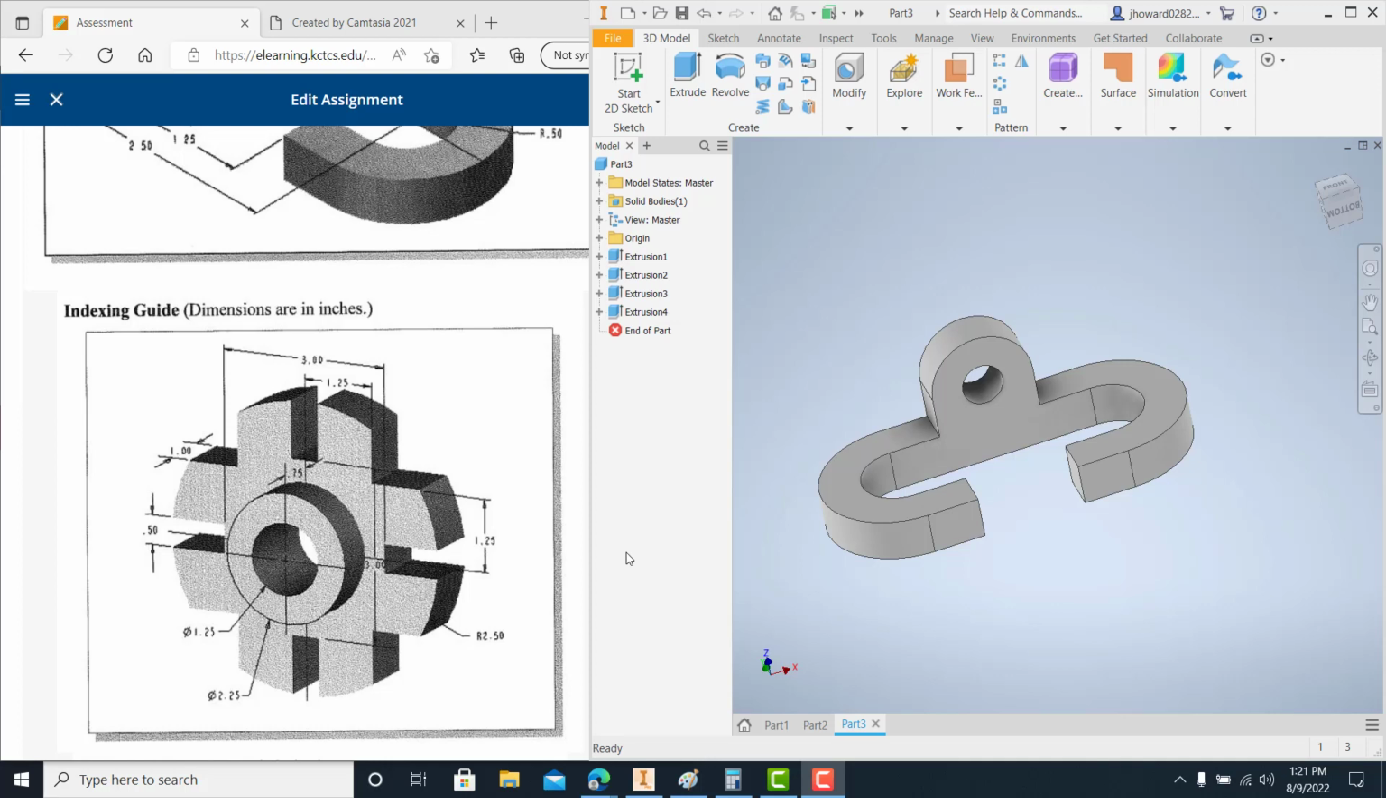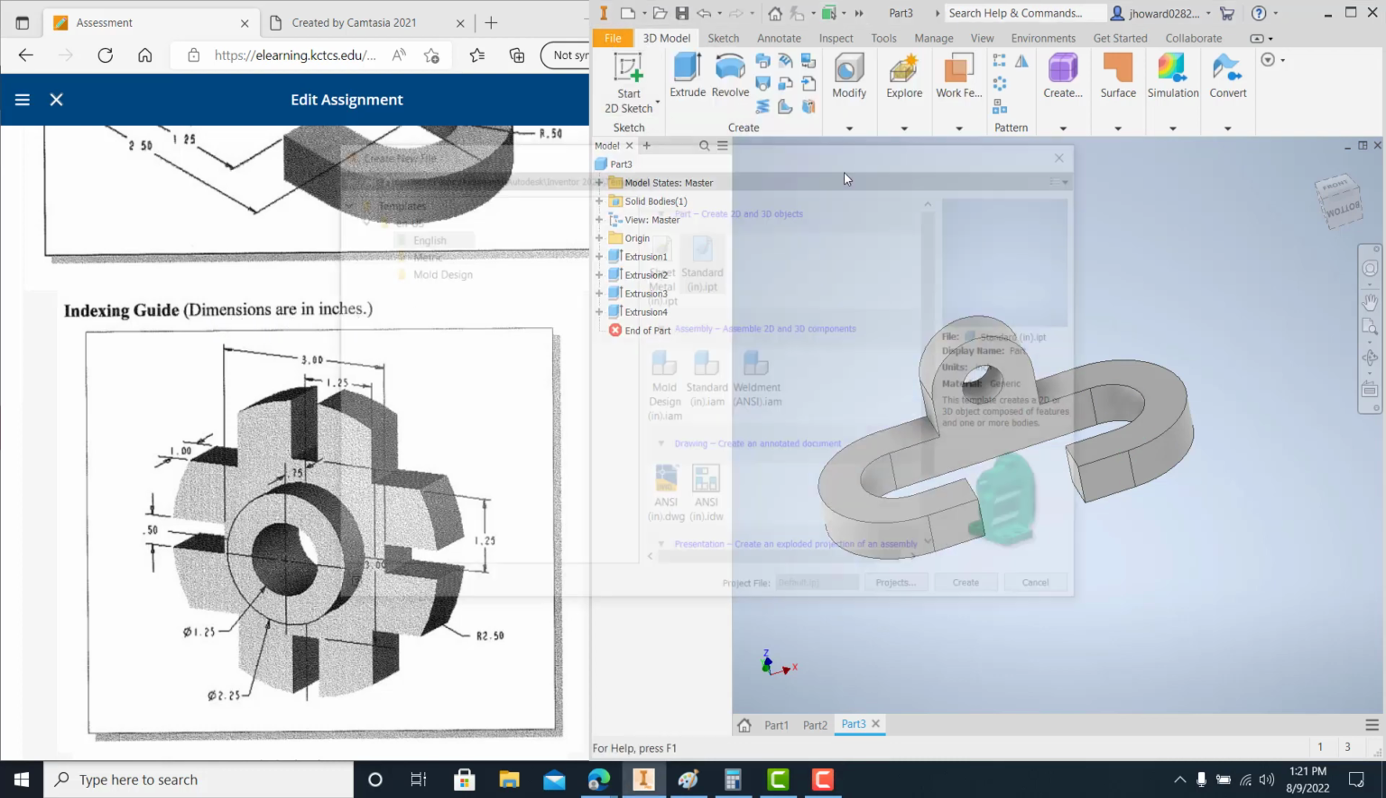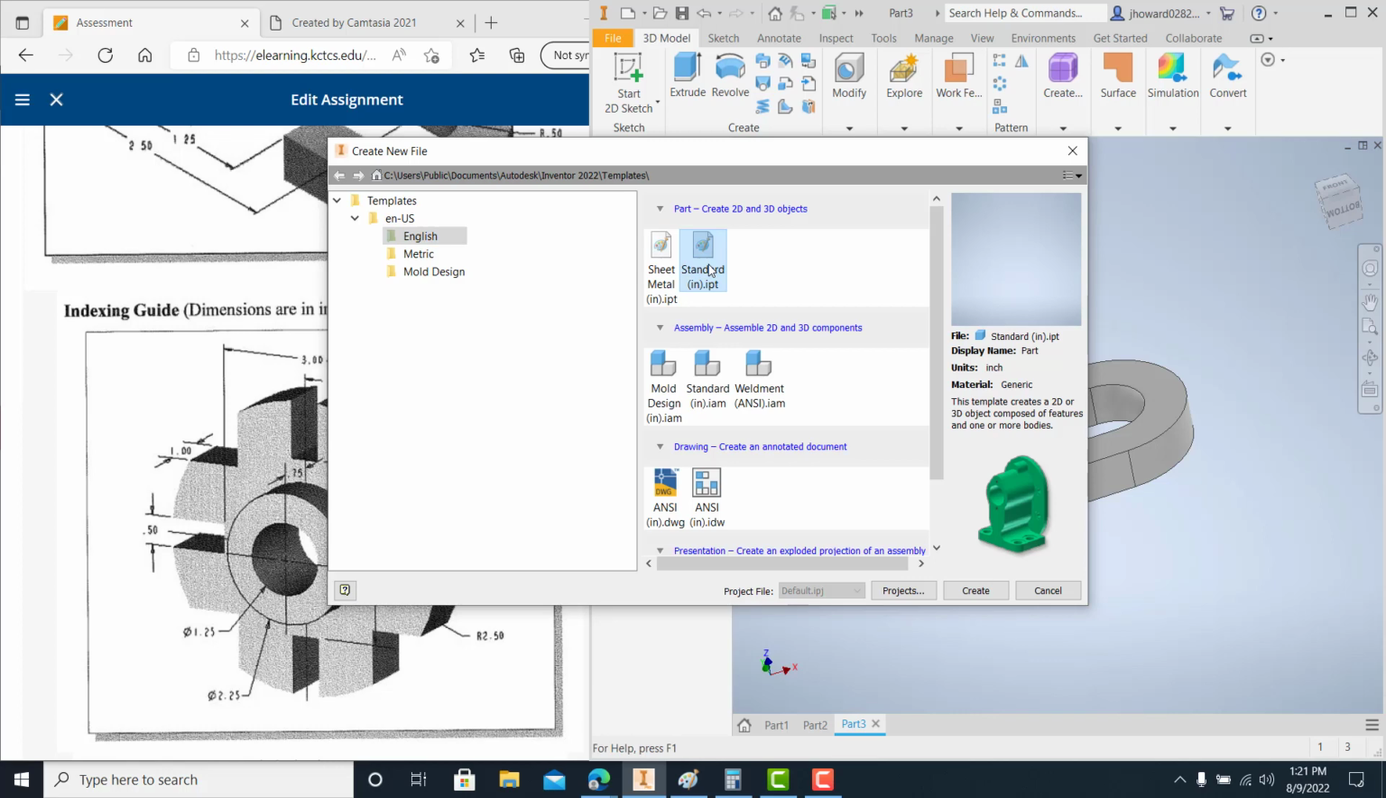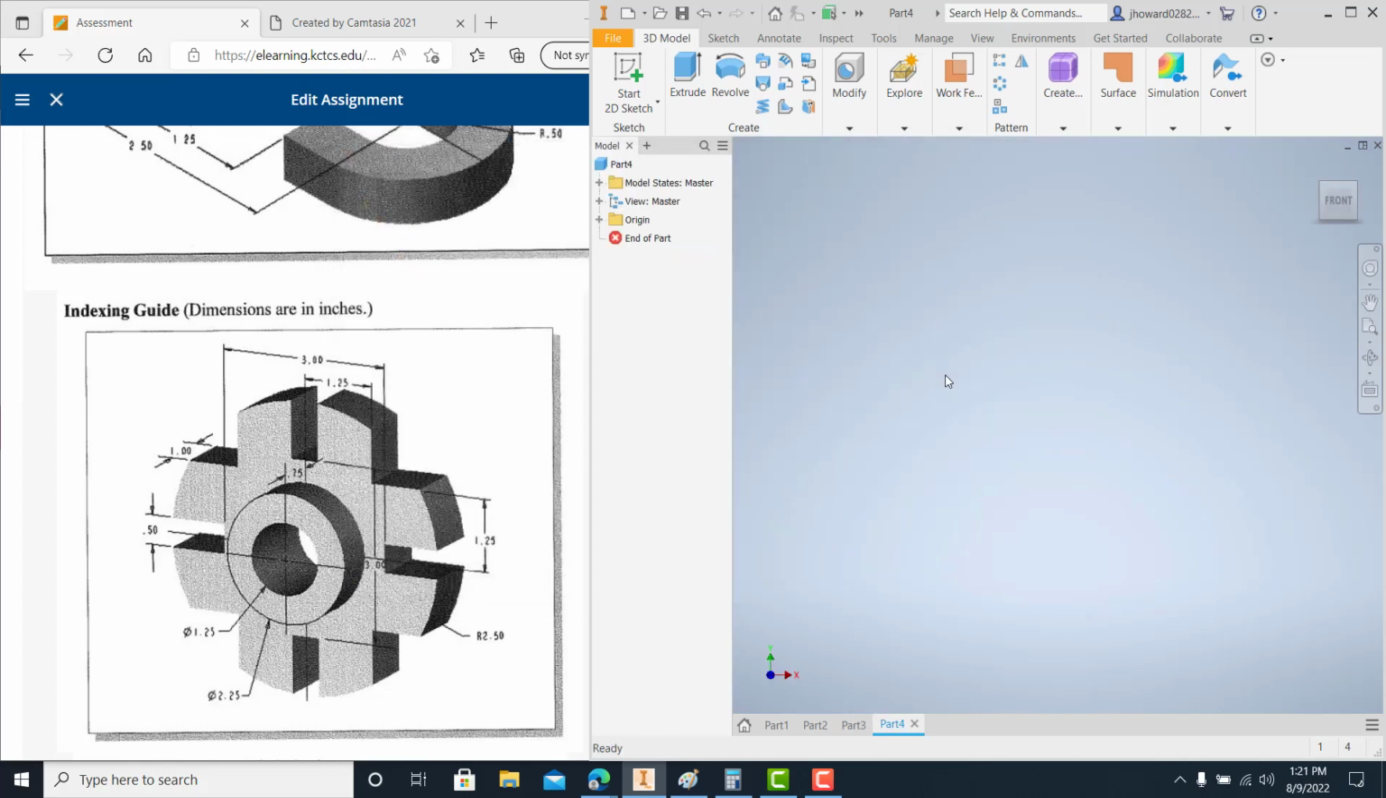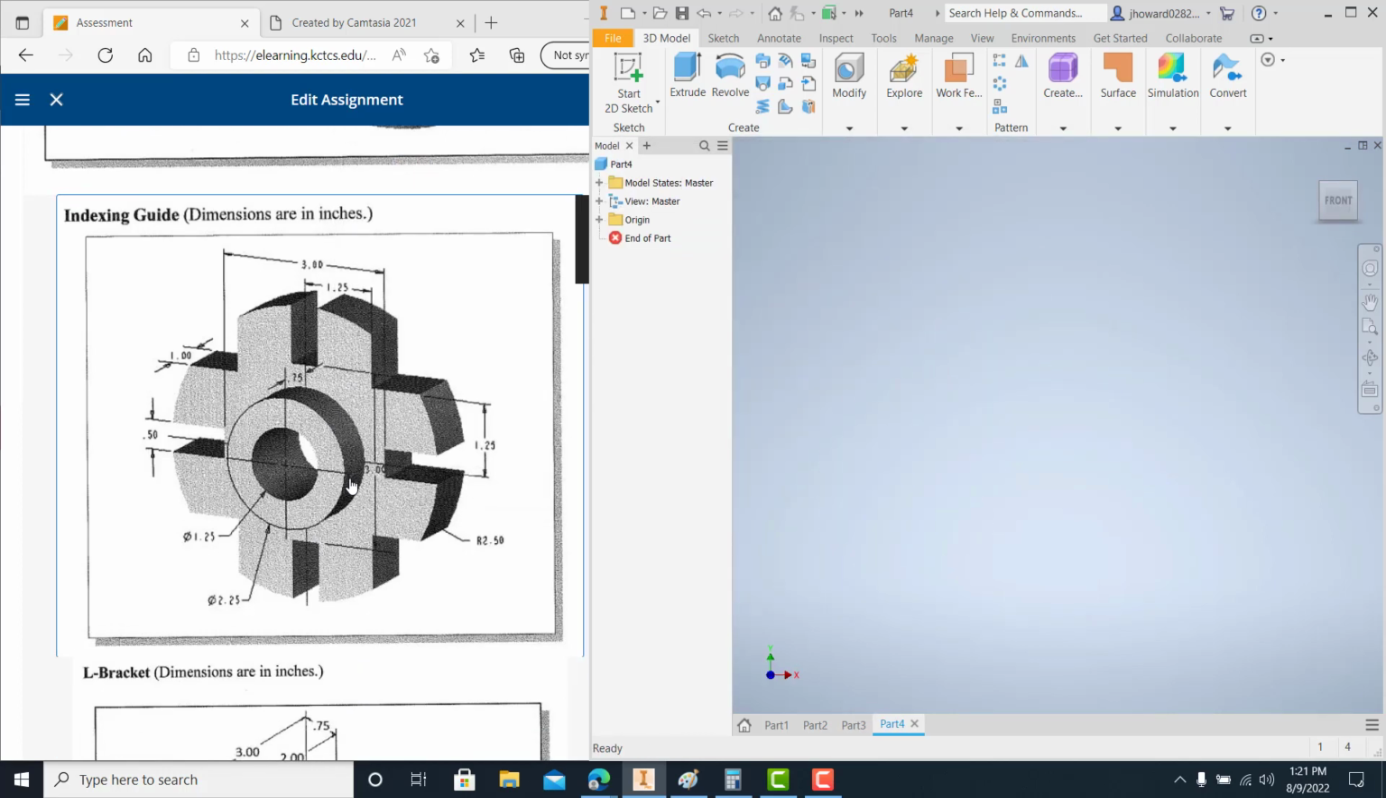All right, folks, let's get ready to draw the indexing guide. Now, the dimensions are in inches, so we'll set it up for inches. Standard IPT English, standard inch IPT. All right, so now, again, using that